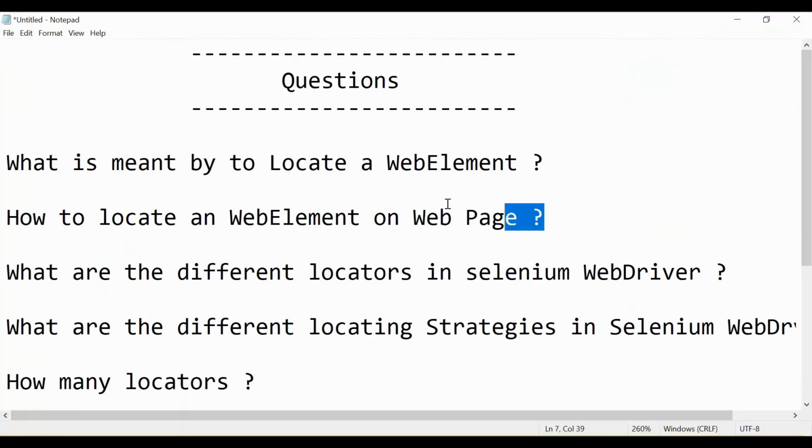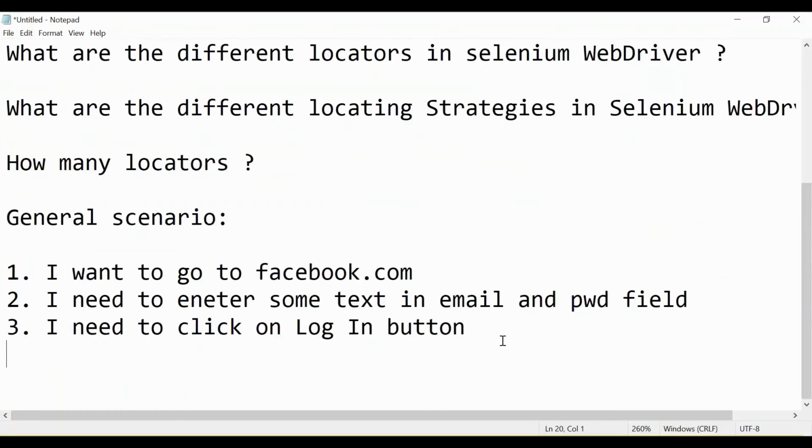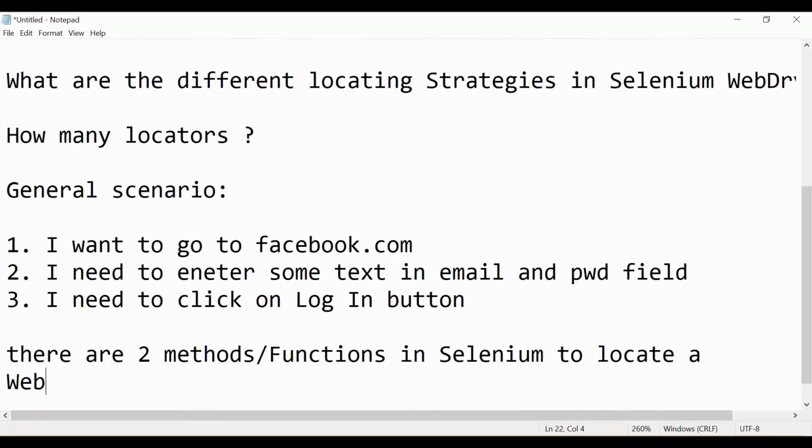So the answer to how you can locate a web element in Selenium WebDriver is that there are two methods, or you can say functions as well, in Selenium to locate a web element.